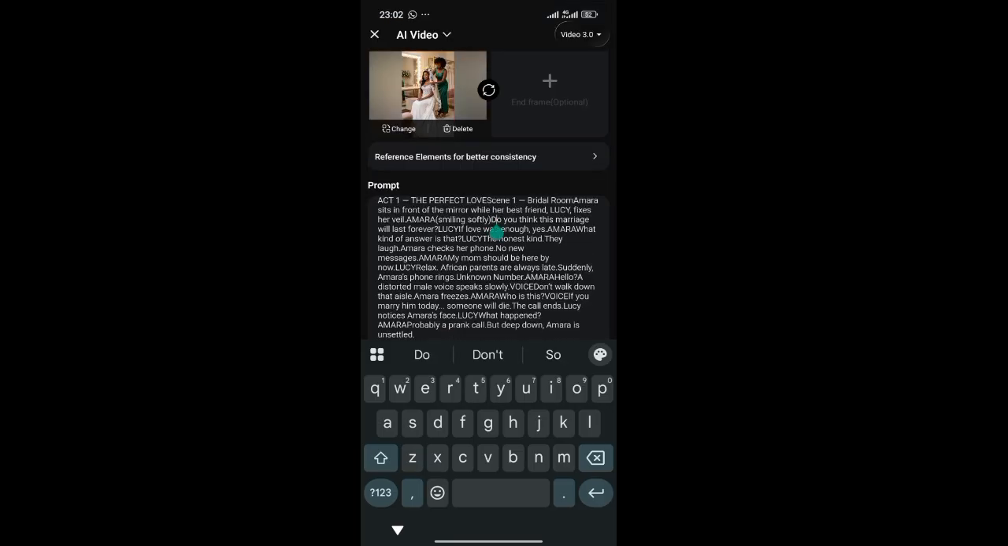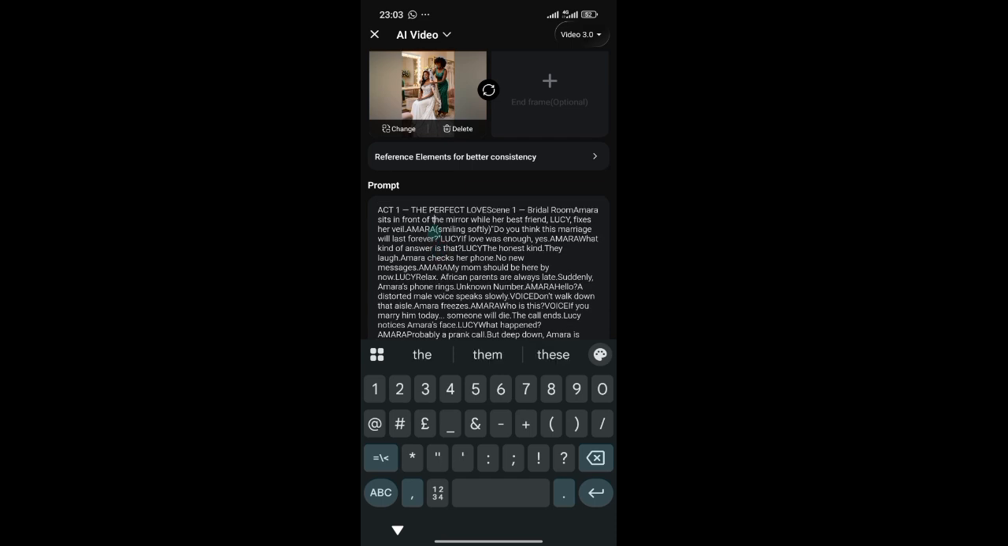This says, always make sure there is a quotation mark so that the AI will know that someone is actually speaking. So I'm going to add the quotation mark here. "Do you think this marriage will last forever?" So I'm going to add a quotation mark, and I'll also write in brackets